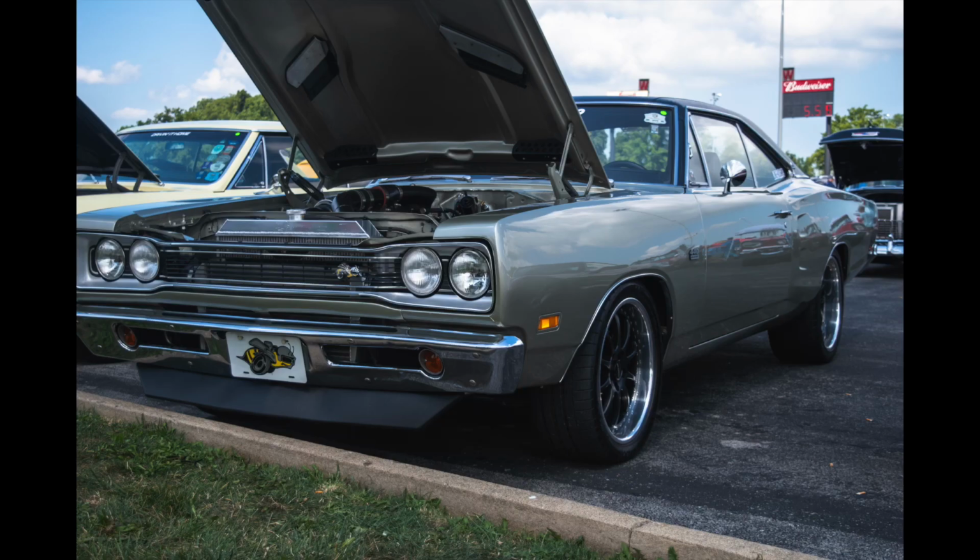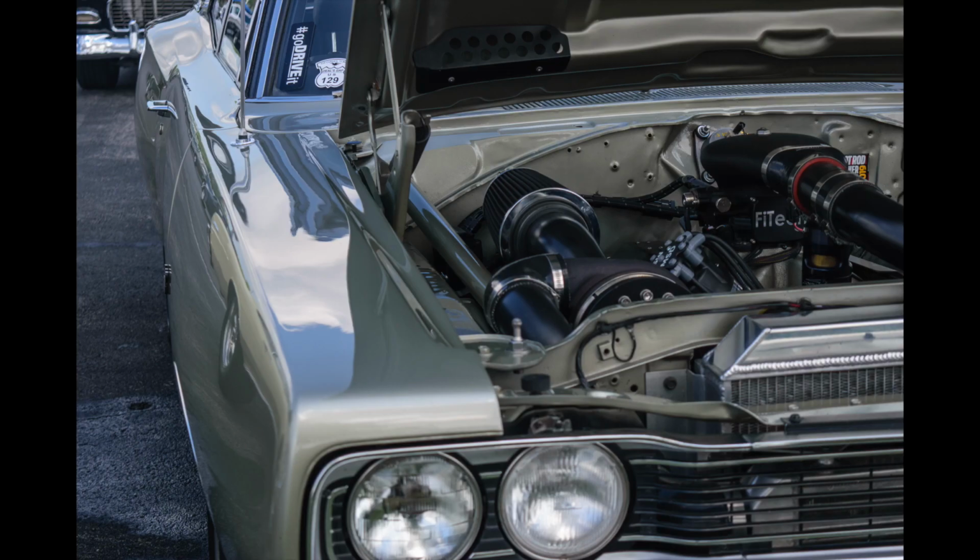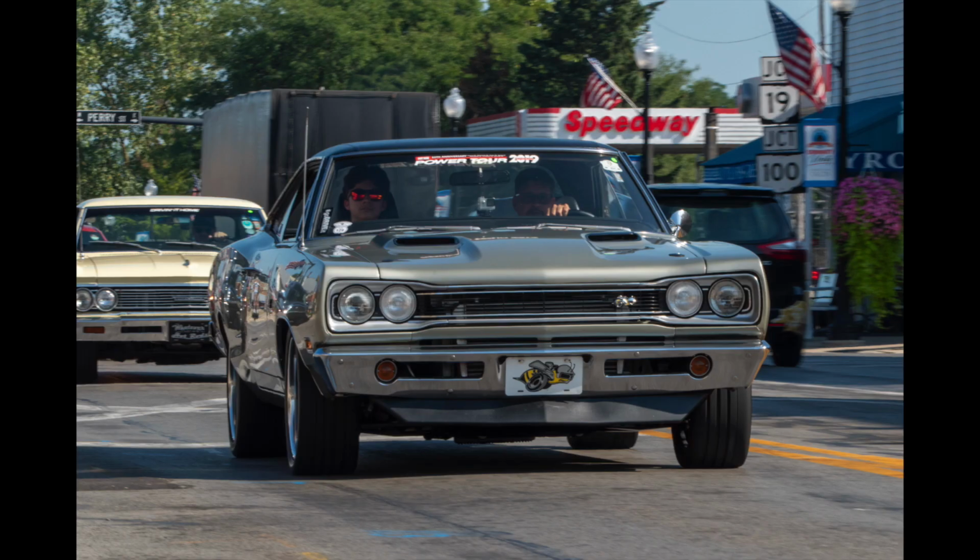Okay, now I might be a little bit biased on this list because I am a huge Mopar fan, and yes, the next one is a Mopar. Coming in at number 5, there's a gray '68 Super Bee. Absolutely beautiful car, big block, with a ProCharger. Beautiful car, sounds absolutely amazing at idle, and yeah, I just like the fact that it's a ProCharged big block Mopar, so it made it on the